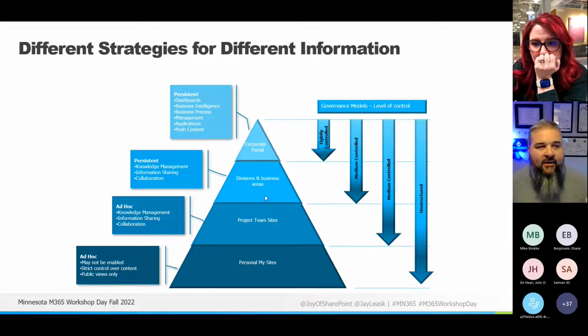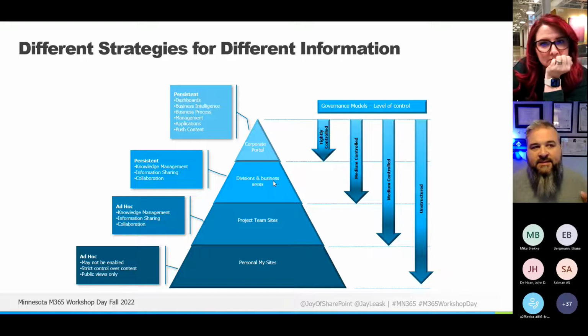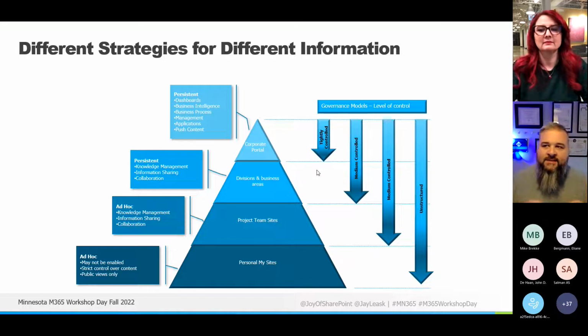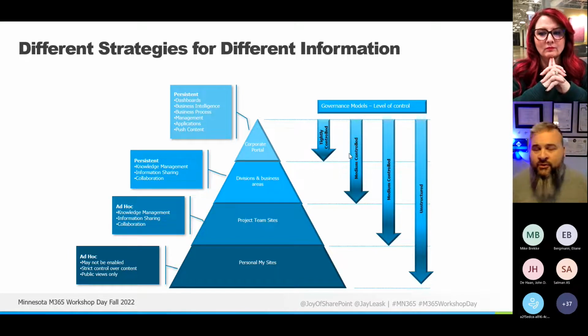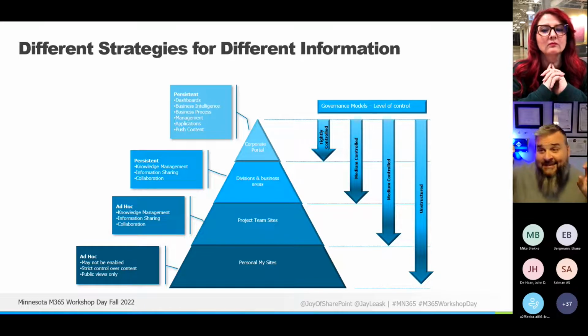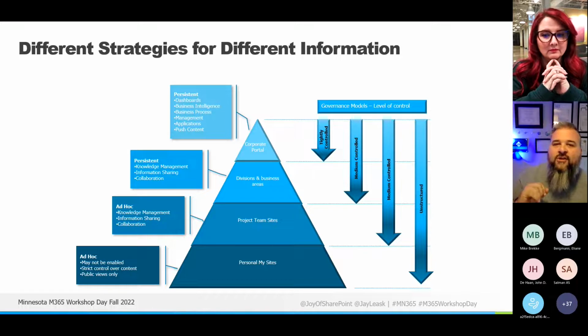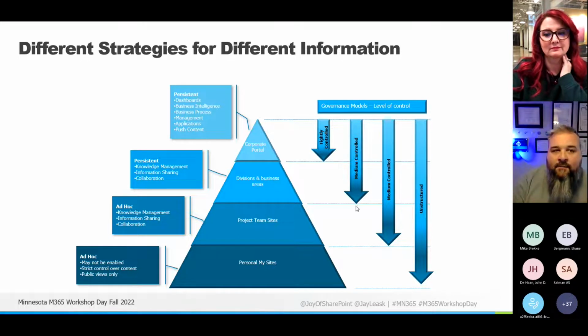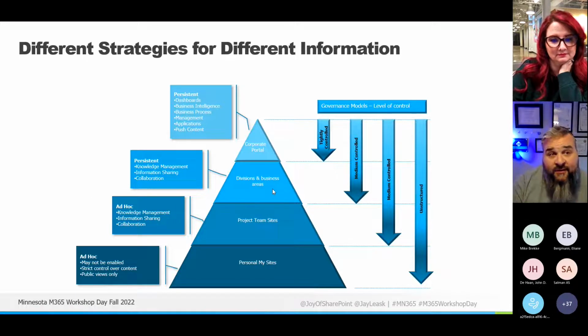And you go all the way down to the bottom. You've got your divisions and business areas, which might be part of the corporate portal, depending on how you organize things. It might not be. You're going to want some form of control. You don't want someone in Singapore creating the HR team when really they're just trying to create a localized version for their department, not for the global organization. So you do want a medium amount of control on that, but also you want to enable people to do what they have to do.